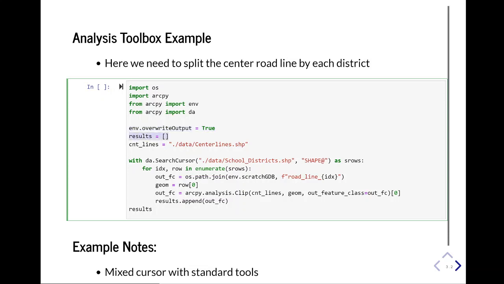We're going to store our results in a list, and then here's the data we're going to cut. So we have a data set. It's a polyline. It contains center lines, and it's a shapefile. And we also have another shapefile that is school districts, which is polygons. So all we need to do is get that geometry in order to do our tool. So we're going to do with da.SearchCursor, pass in the path to our data set, our districts, and then say SHAPE@, which will give us back those arcpy geometries that we've learned about before,